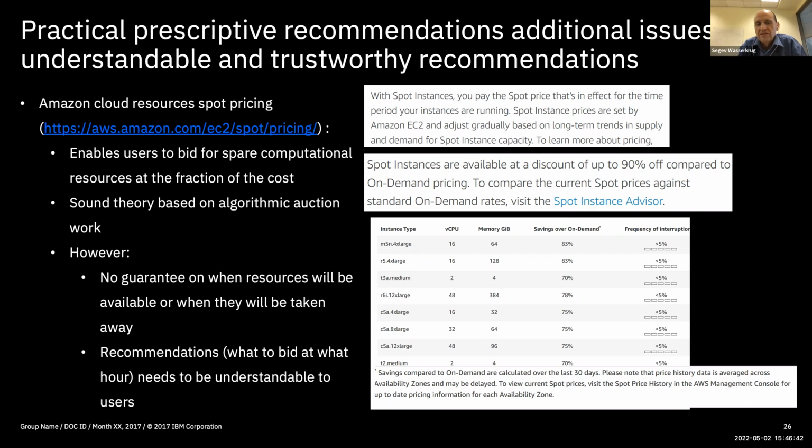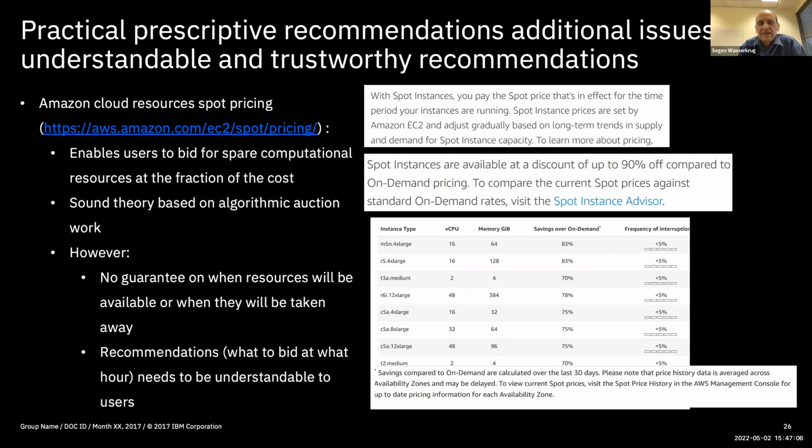now, in order to use them, the user needs to understand, okay, how much do I bid? When should I bid? What would be a typical bid? Because this is more like a sealed bid auction, what I mentioned here, right? Everyone submits the price. I don't know what to bid. And I do need the resources. I do need to run my workload. I need to know how long the workload is going to be running.